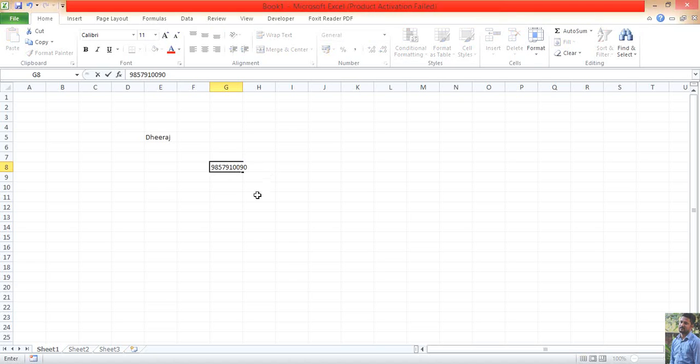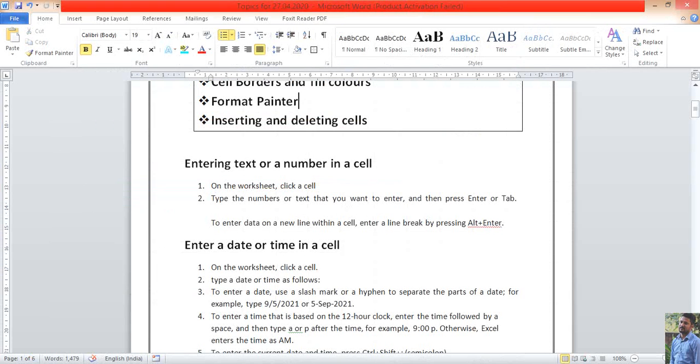See, in this way we can add text and numbers in MS Excel. So this was the concept, how can we add text or number in a cell. We have learned that we can type the numbers or text simply by clicking the cell and starting typing.